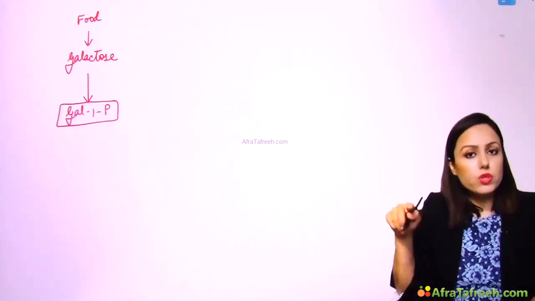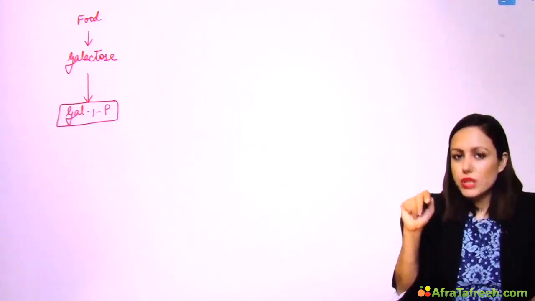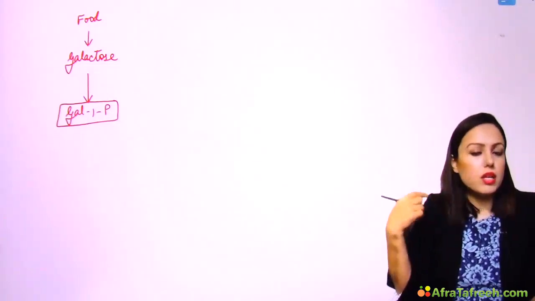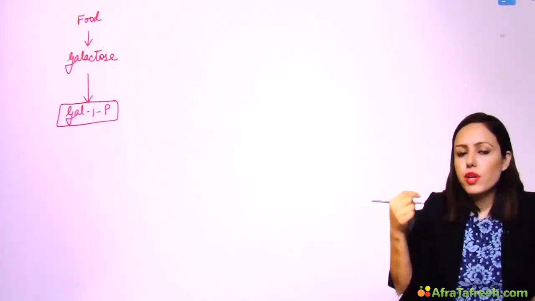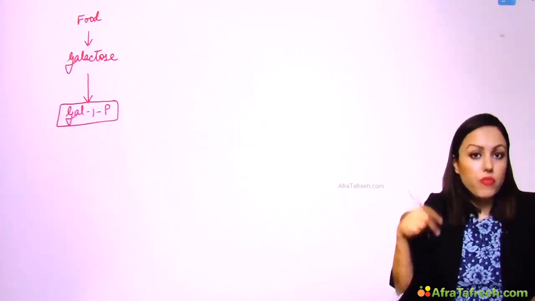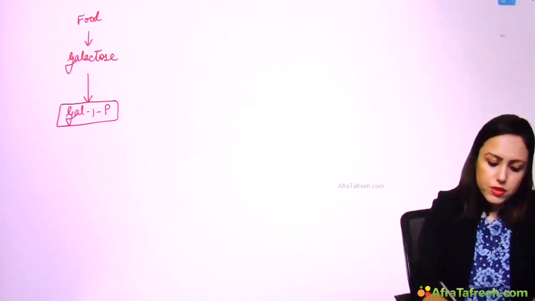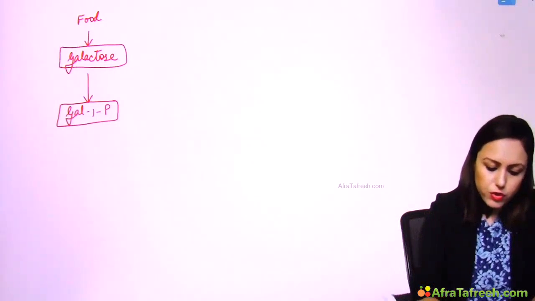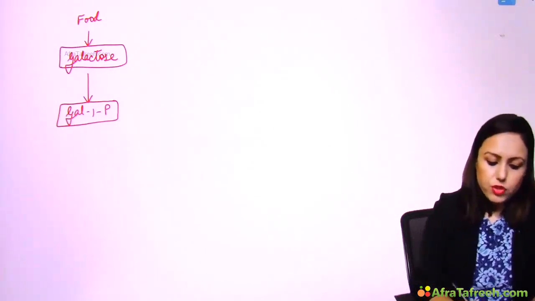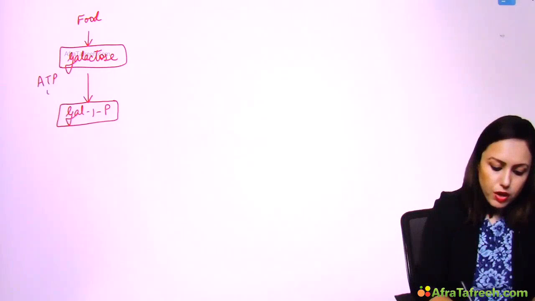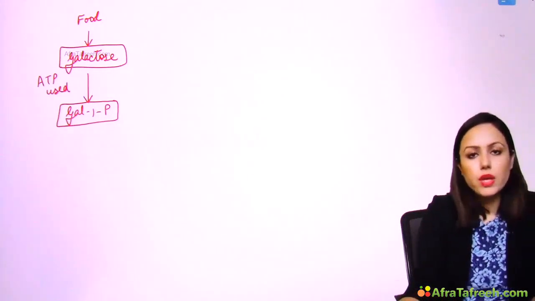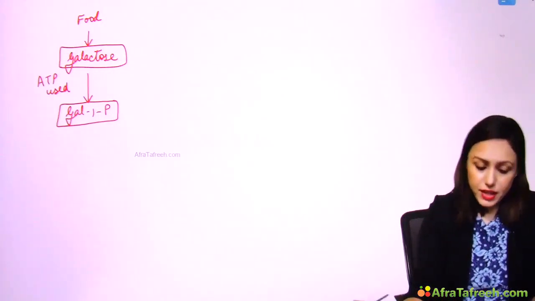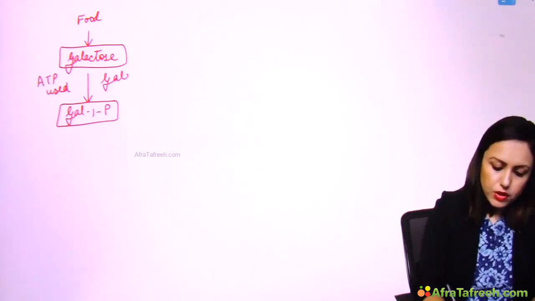In case of glucose, we put phosphate at position number 6, right? But here, in case of galactose, we are putting it in position number 1. So galactose gets converted to galactose 1-phosphate. Obviously, phosphate is getting attached, so ATP will be used here, and name of enzyme will be kinase. So here it is